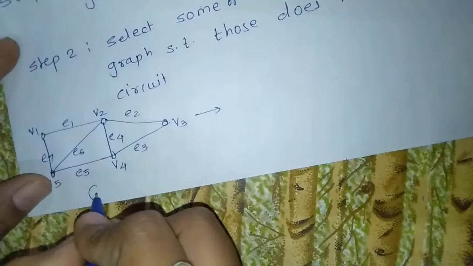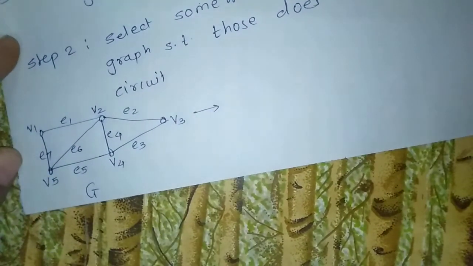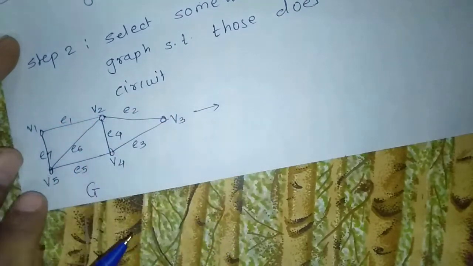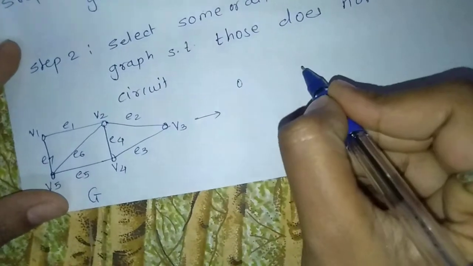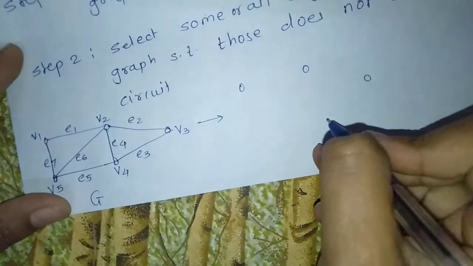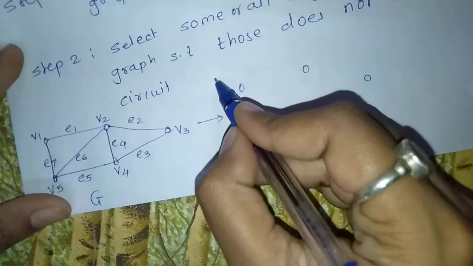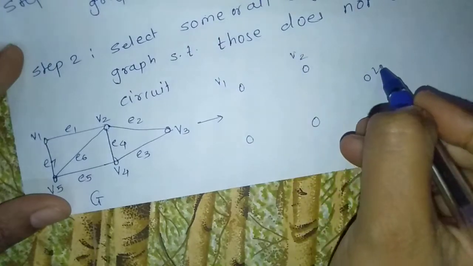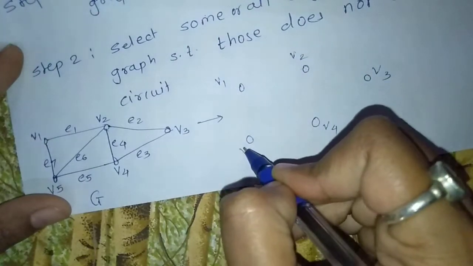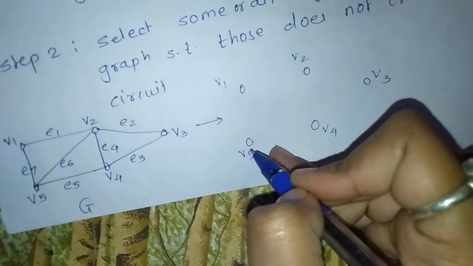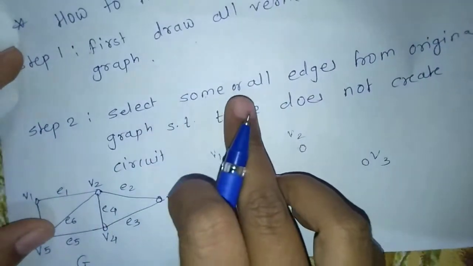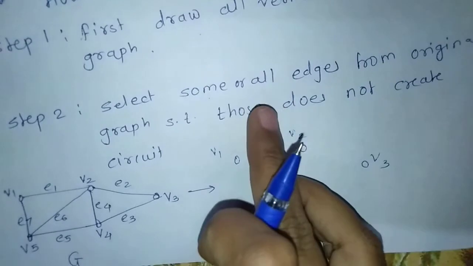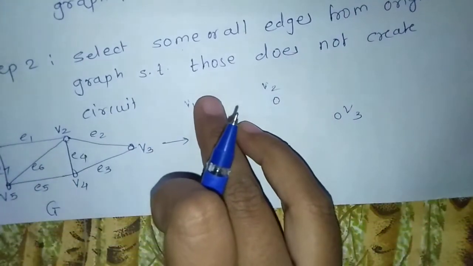Here graph G has how many vertices? V1, V2, V3, V4, V5. 5 number of vertices. First draw the vertices like this: V1, V2, V3, V4, V5. Like the original graph, draw these vertices and now select some or all edges from the original graph that do not create